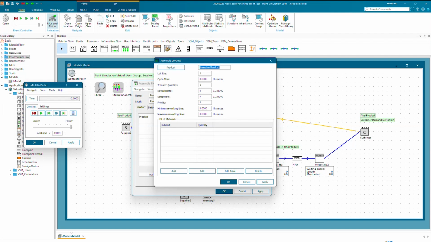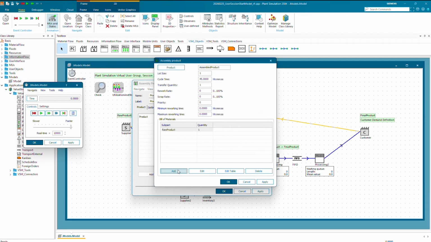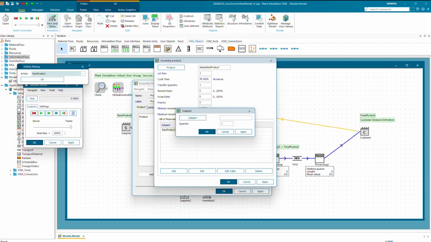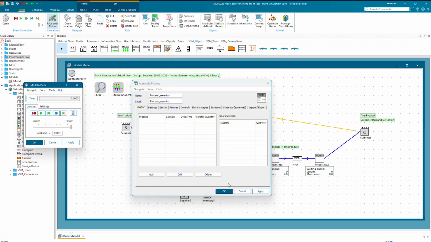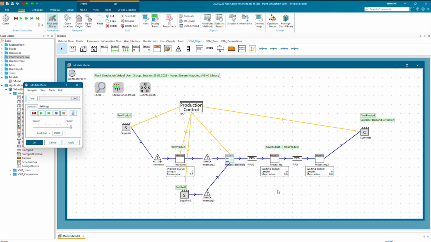All right, and this is something like here. Okay. And then we would have here, one would be a raw product, and another one would be the second line from the bottom, which is here now, for example, a subpart 2. All right, so that would be added to this here as well.